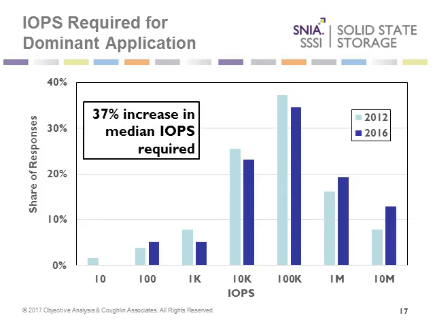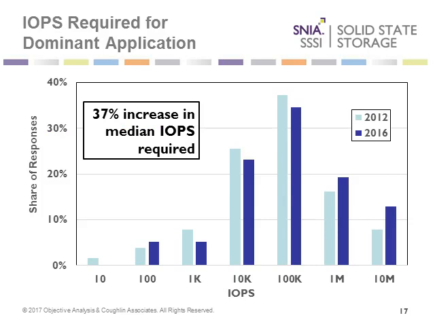The light blue columns in this represent what our 2012 survey results were. And the dark blue in this and also in following slides will represent what the 2016 survey showed us. You'll see that for IOPS requirements we have something that's pretty much a bell curve for how the respondents answered, with a little bit of a shift over to the higher IOPS area for the 2016 survey from where we were with the 2012 survey.